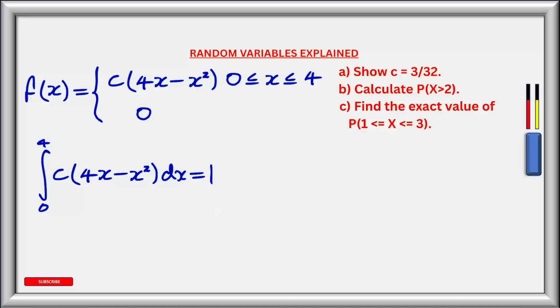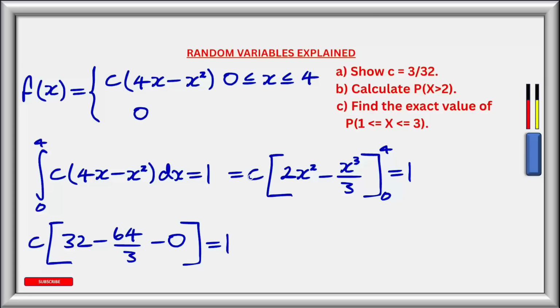So for part A, we want to show that c is equal to 3 divided by 32. Now to do this, we can use one of the properties of a continuous random variable. And that is, if we integrate across the entire interval of the probability density function, we get a value of 1. So in our example, the complete interval is from 0 to 4. So if we integrate using these limits, c into the bracket of 4x minus x squared dx, we should get